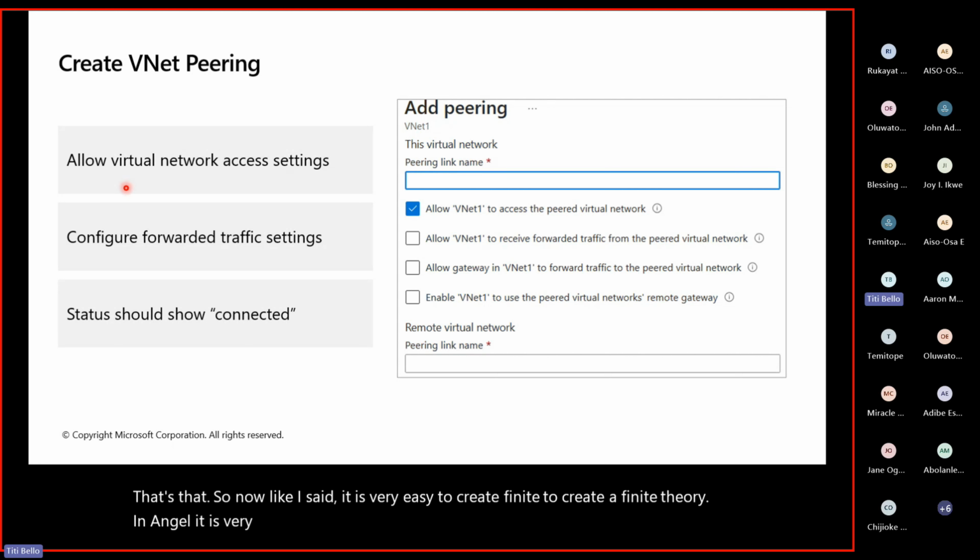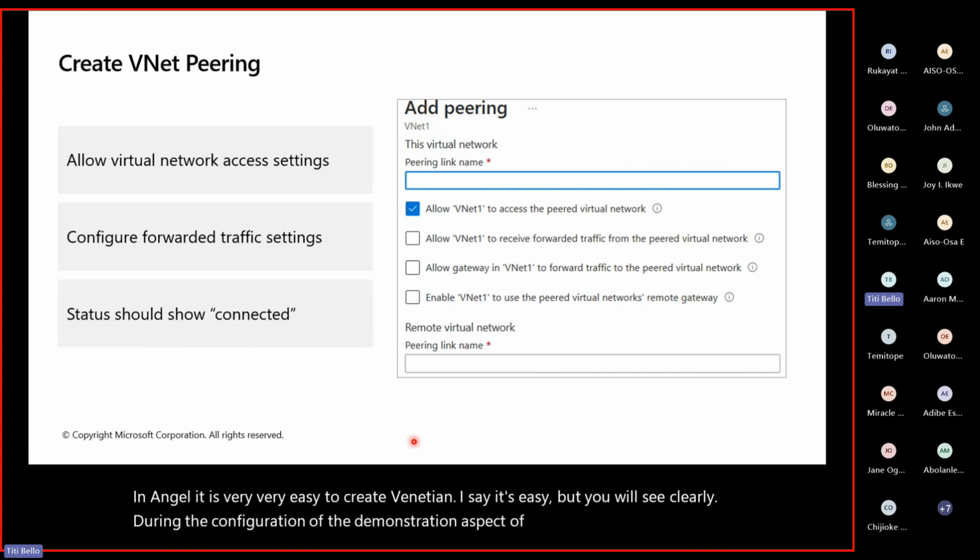I say it's easy, but we'll see maybe during the configuration or the demonstration aspect of it. So this also, it wasn't there initially. It was something that was introduced based on several requests from